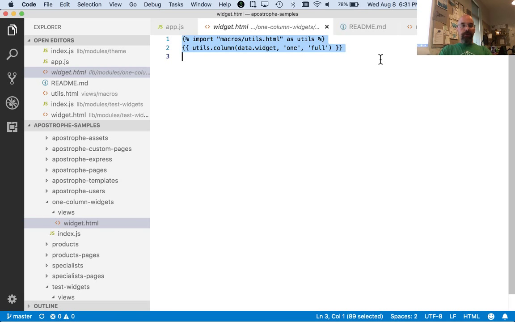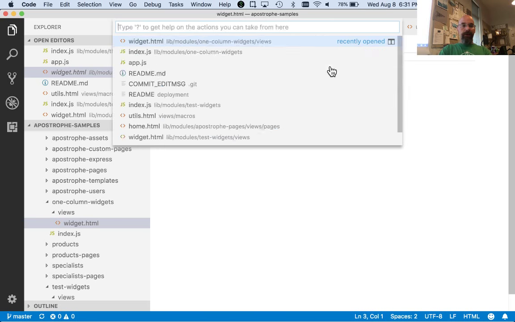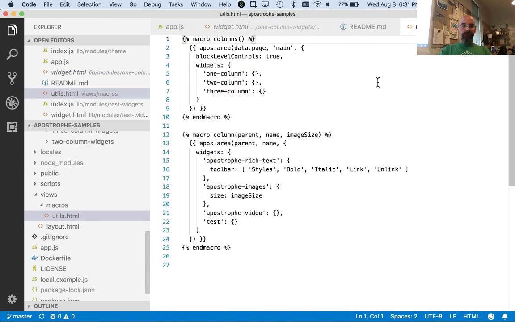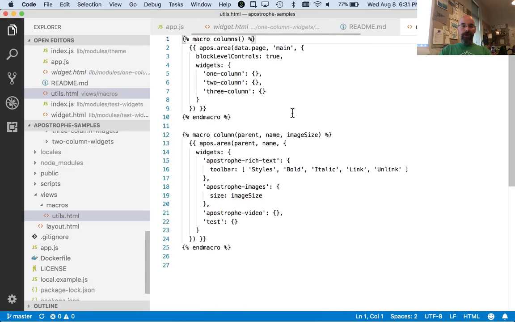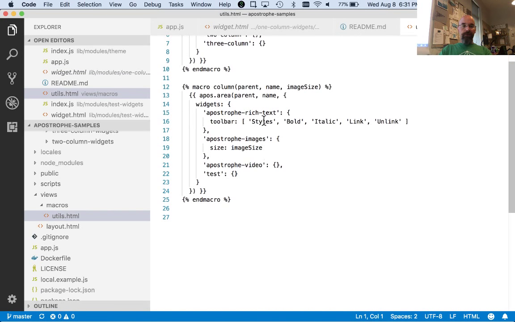So I'm going to go look at that utils macro for this whole 1 column business. I'm going to call utils.column data widget 1 full. So how does that work? That's going to emerge using my widget